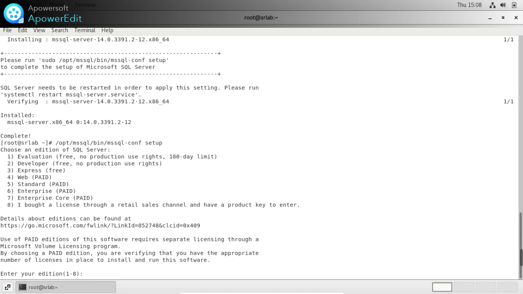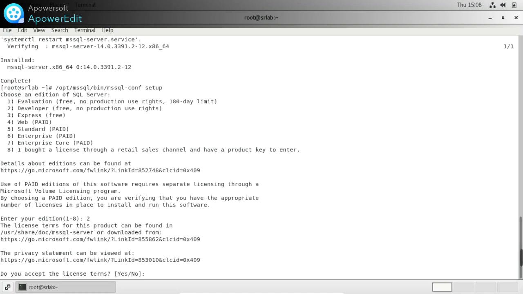I am going with the free edition, no production user rights. I am going with the Developer free edition. Yes.